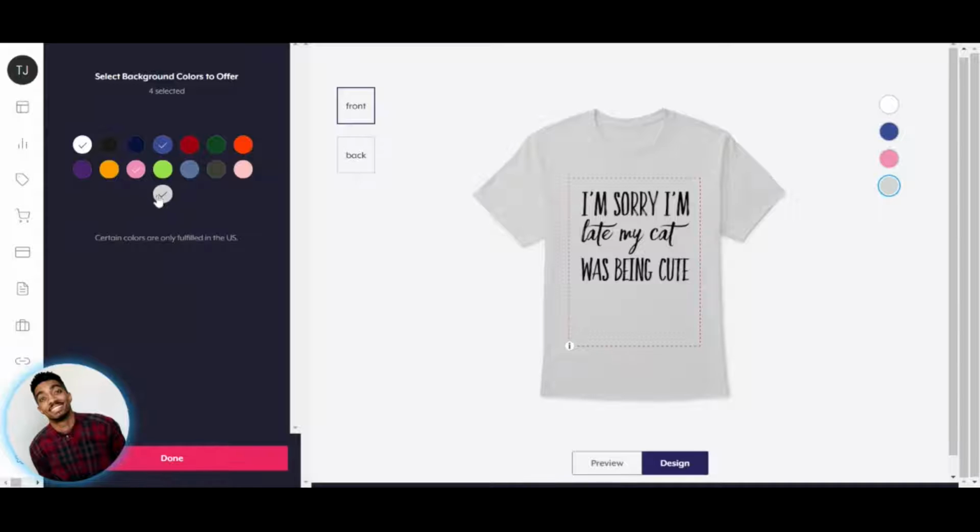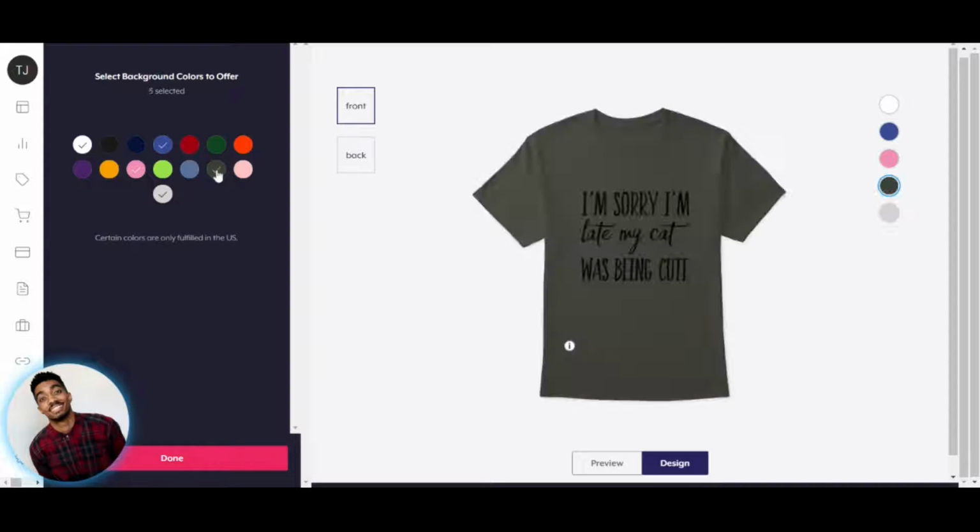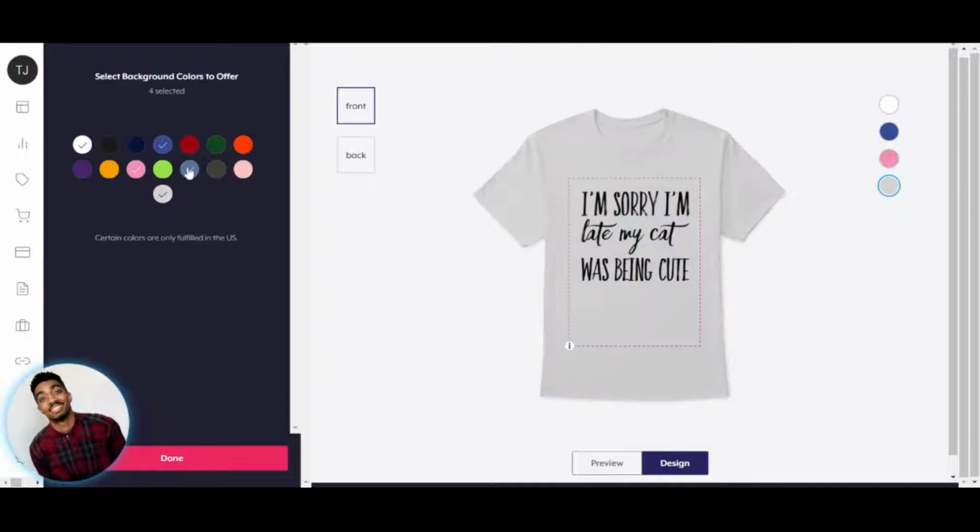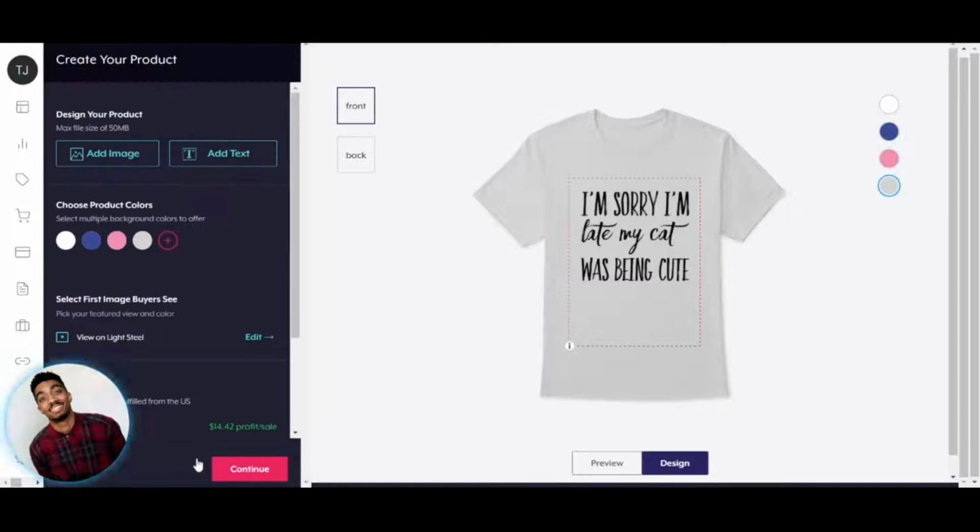And I would say we're pretty good. If you want to do a red or something else in here, feel free to do that. But like I said, be selective in your choices. Limit it to about 2 or 3. And always have white or black as one of those options, depending on the type of image that you have. So we're going to press done here.